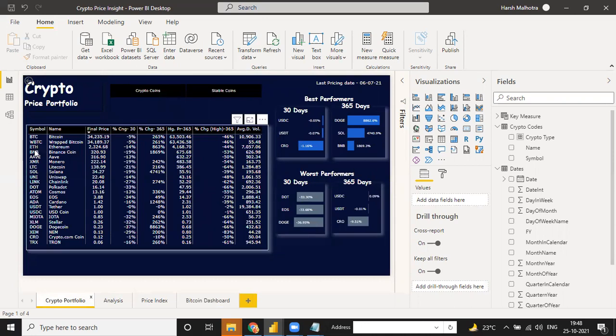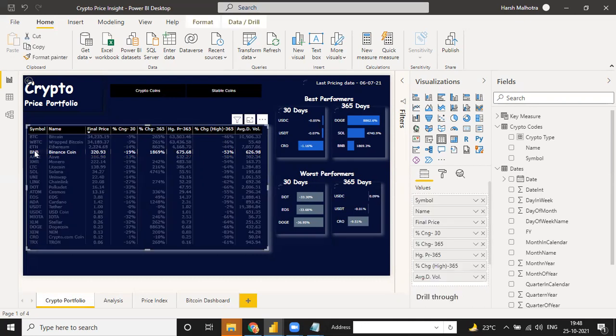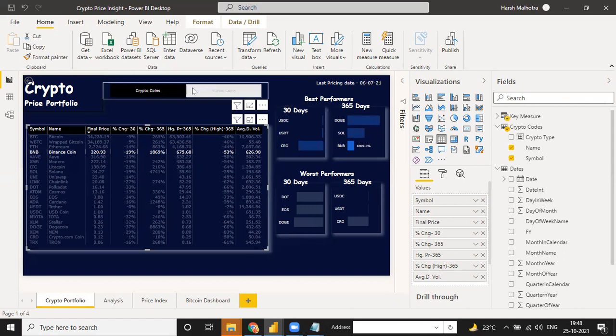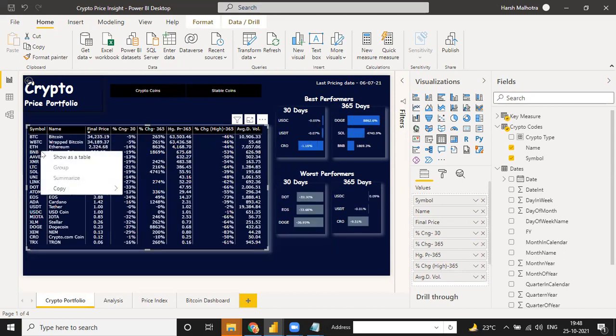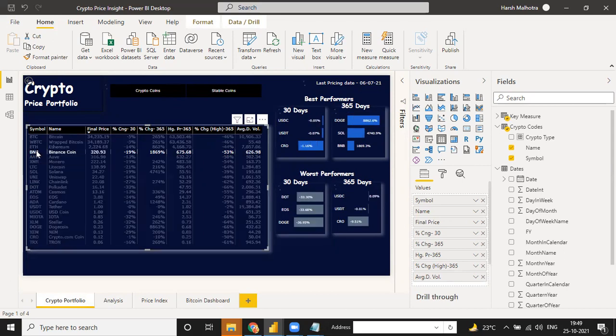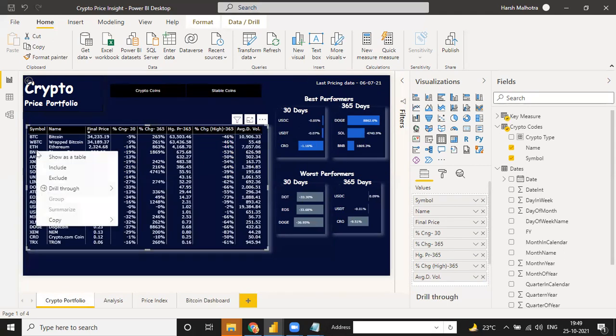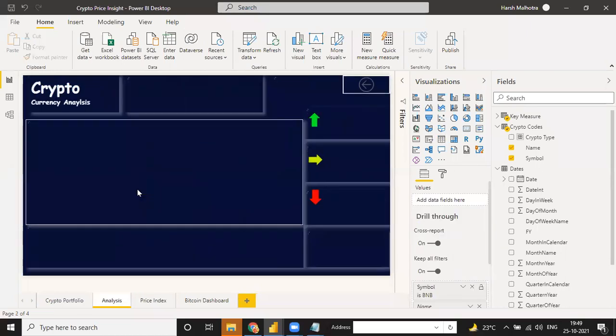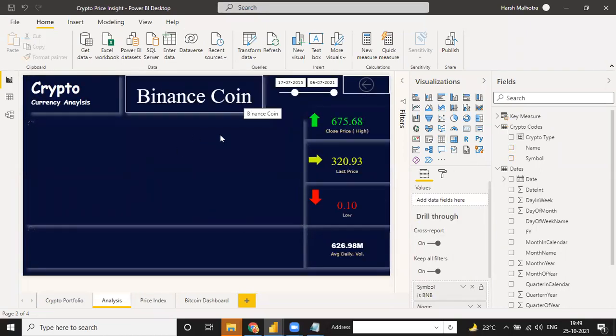Like if I select this Bitcoin, in this Bitcoin we have all the data, last listing price, and when we right click, drill through into analyzing part, see, this is my Bitcoin dashboard.